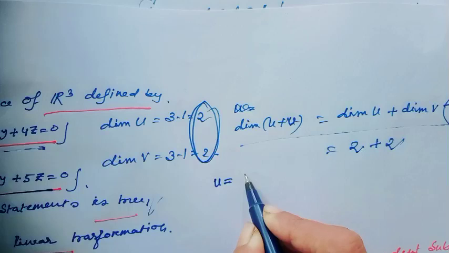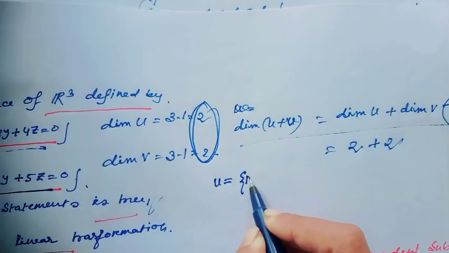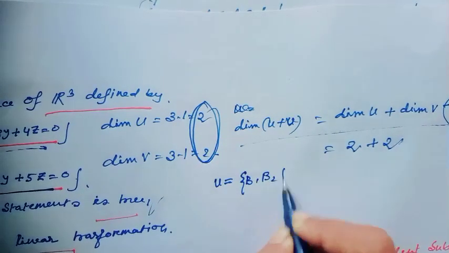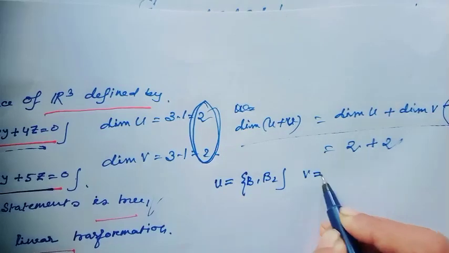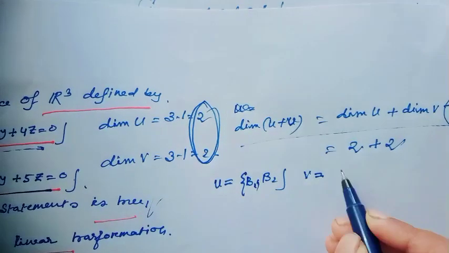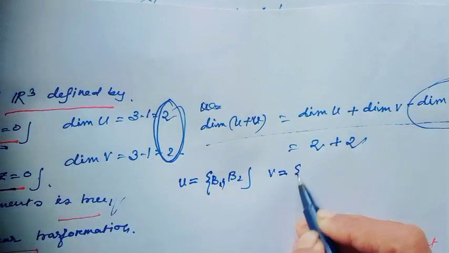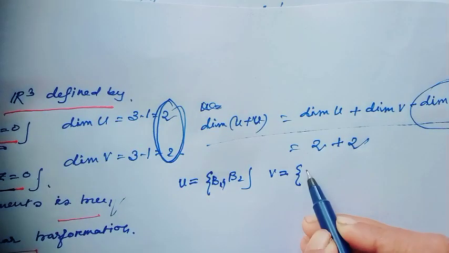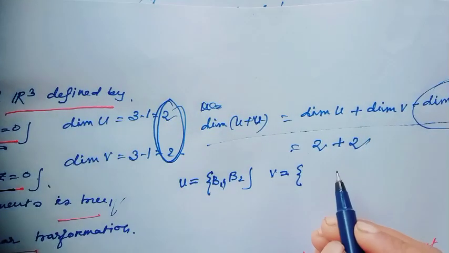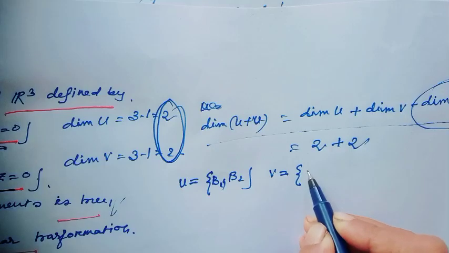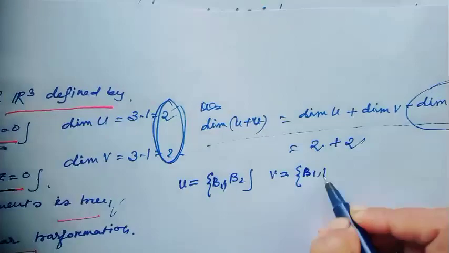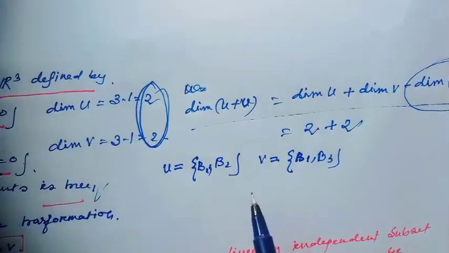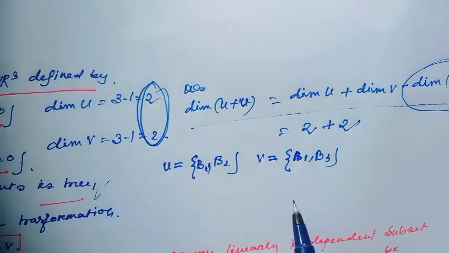Consider the basis of U would be B1, B2, and if B1, B2 be the basis of U, then the basis of V would be of such type. There always exists one vector that is common, so this basis would be of the form B1, B3. And the concept of the extension theorem is,